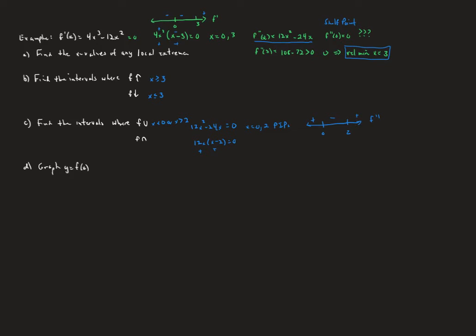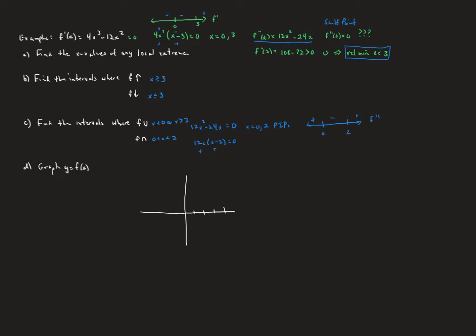And it's going to be concave down when the second derivative is negative, and that's going to be for x in between 0 and 2. So let's see if we can try to figure out what might be a graph of this function here. We need 0, 2, and 3 as points of interest at least. So let's see, to the left of 0,